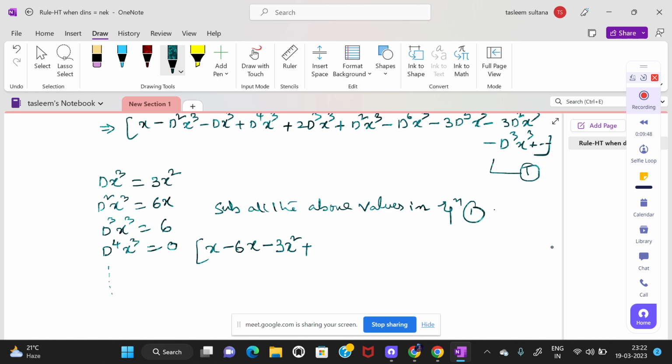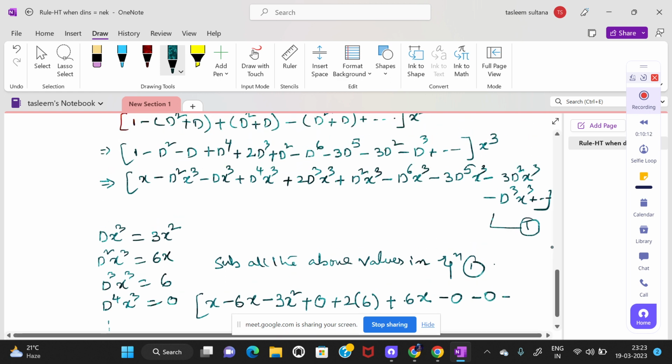Then plus, this value is equal to 0. Then plus 2 into d cube x cube, value is equal to 6. Then plus d square x cube, it's equal to 6x. The next is minus d cube x cube, 0, minus 3 d power 5 x cube, it's 0, then